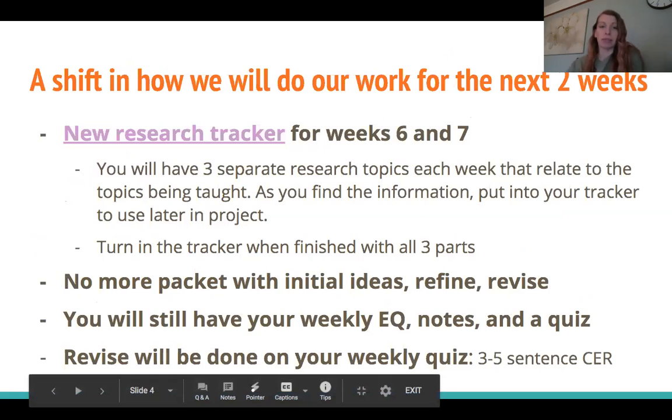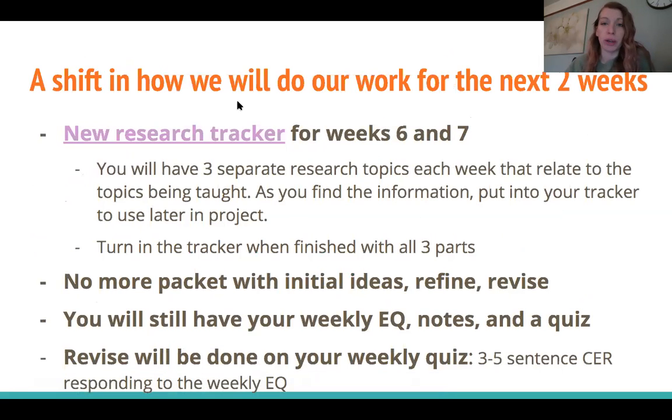Okay, so here's the big announcement. We're shifting how we're going to be doing things for the next 2 weeks, and then also the last 2 weeks of school after that. If you haven't looked at a calendar in a while, we're in mid-May right now. We have 2 more weeks. And by the way, Monday next week is Memorial Day, so we're not going to be posting anything that day. Then you'll have 2 weeks after that in June for finishing up your research project, and then it'll be the end of the school year. This project is basically your final, and we'll keep working towards that until the end of the year.